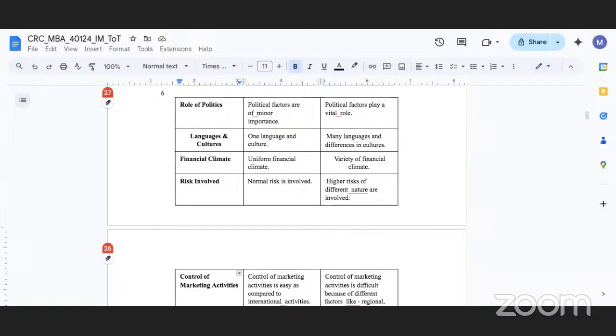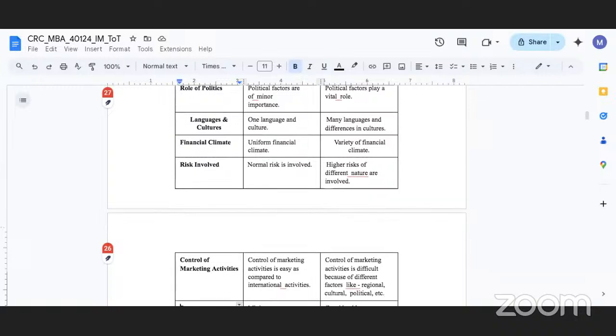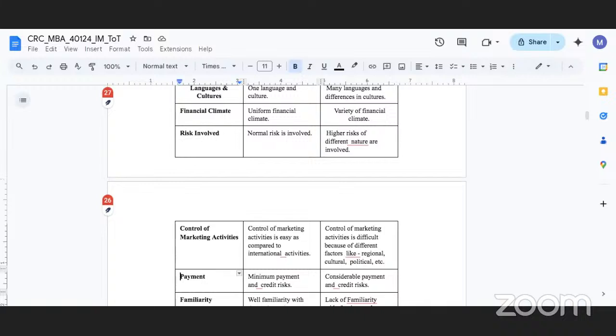And that is why they say that if you are selling in India, it is as good as selling across a bunch of nations. The financial climate is more or less uniform. However, in certain products, the state regulations may apply. For example, again, liquor within India also. However, in terms of, say, an international market, there is a variety of financial climate that is